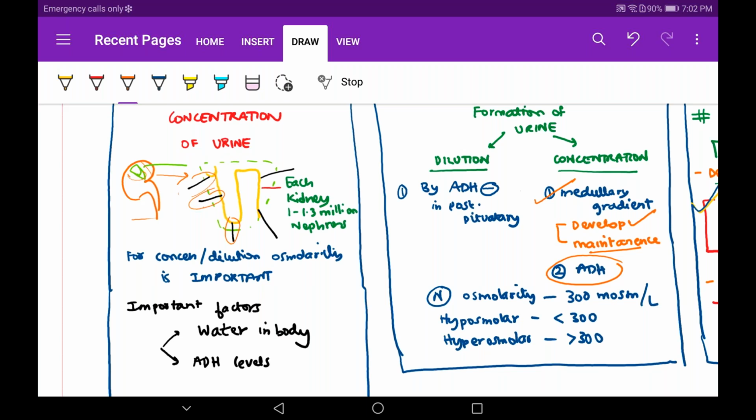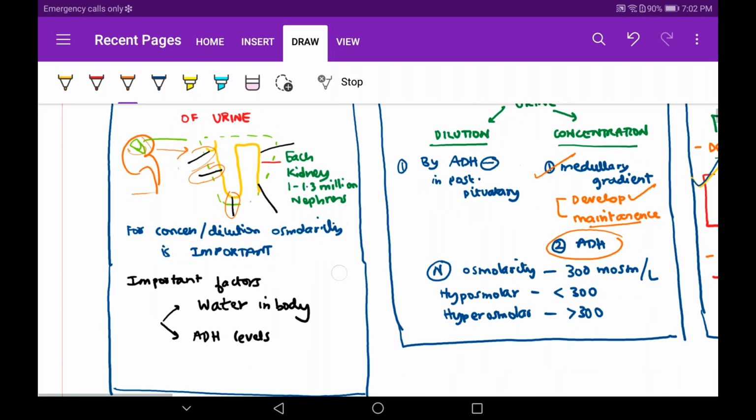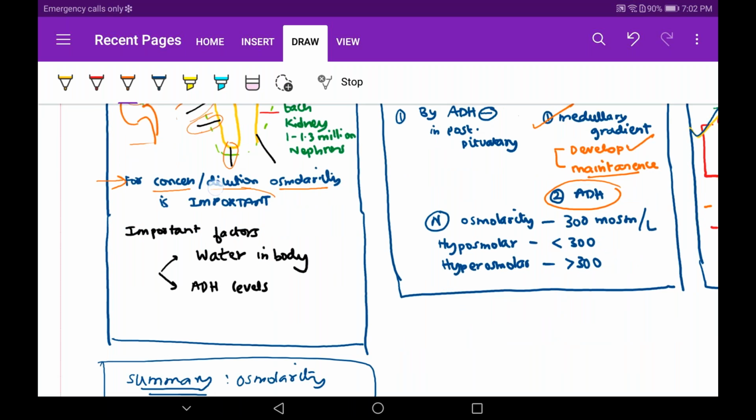So nephron is nothing but which concentrates or dilutes the osmolarity, which is very important for our body, right? So what are the important factors which regulate this? Yes, water in the body. Yes, yesterday I have told you about what? If the person is dehydrated or lost in the desert, what will happen? Yes, it will try to conserve more water into the body. That's why more water reabsorption occurs. And whereas if the person drinks more amount of water, what will happen? Yes, more volume of urine, less water reabsorption and more water